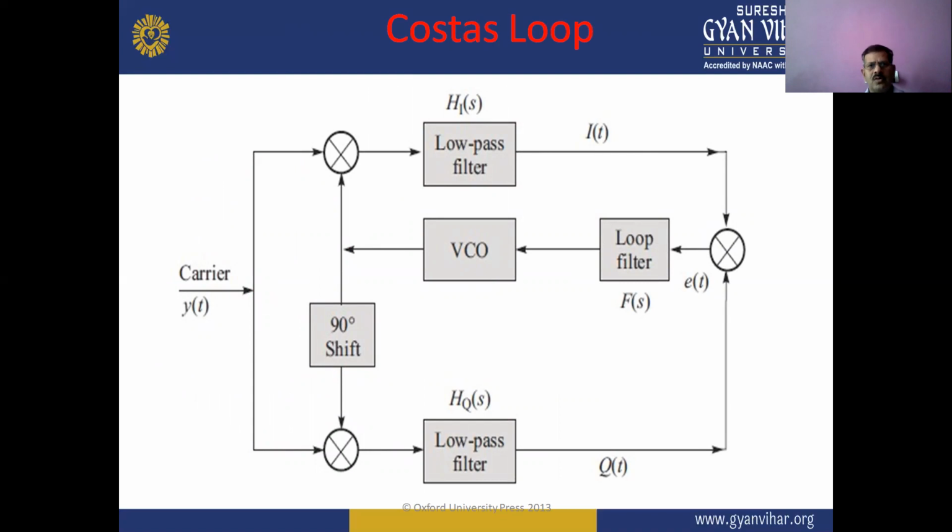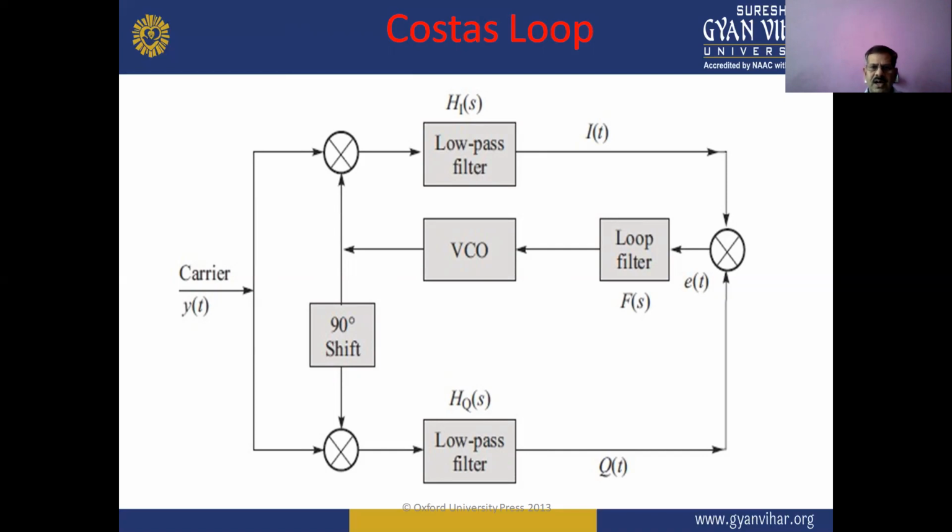This is the diagram of the Costas loop, in which two low pass filters are used, and one signal is used as a carrier signal, which is applied to two multipliers, and in these two multipliers a 90-degree phase shift also mixes. The outputs of the two low pass filters are I(t) and Q(t), and these two outputs are again multiplied in the